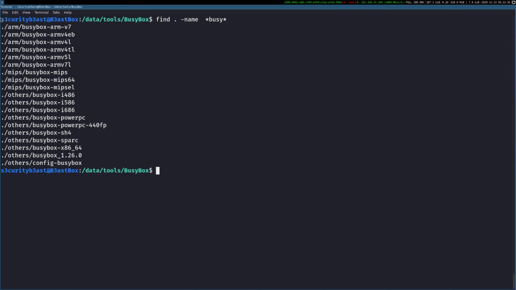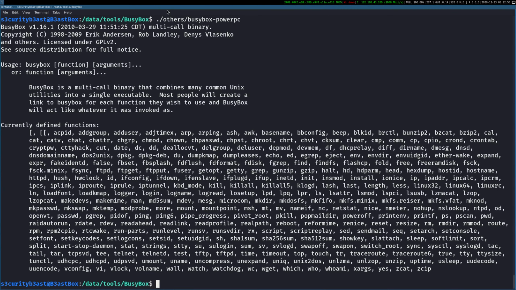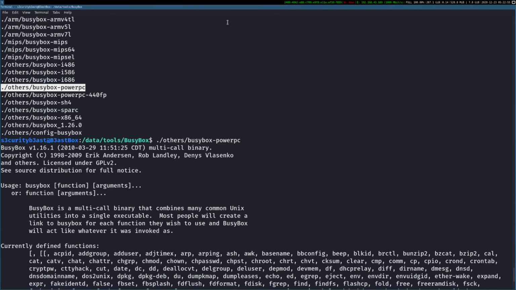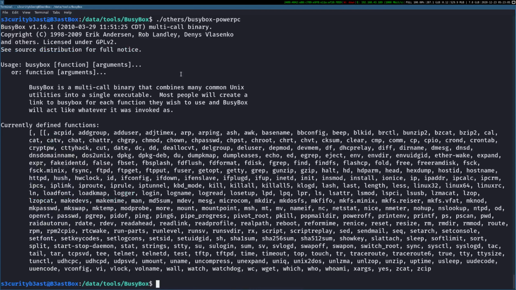These are the BusyBoxes which I have currently, downloaded from the official website. These are ARM versions, this is the MIPS version, and i486, i586, PowerPC. Let's see, can we run a PowerPC? Yes, we can run a PowerPC binary too. PowerPC 44FP, SH4, everything.